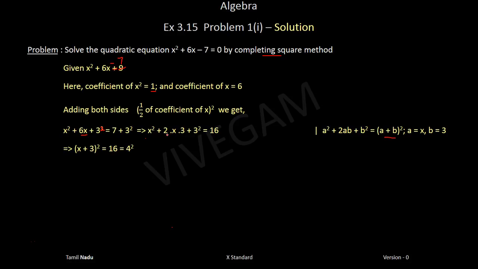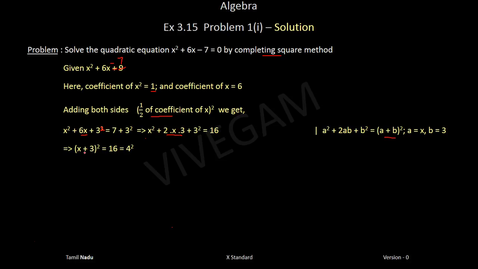right? So you have to write this as the 2ab term. A is x and b is 3. So 2 into a into b. See whether it will come out that way, right? It will come out because that is the reason we are adding half the coefficient of x to both sides, right? So that is the reason we are doing so, and you will get x plus 3 the whole